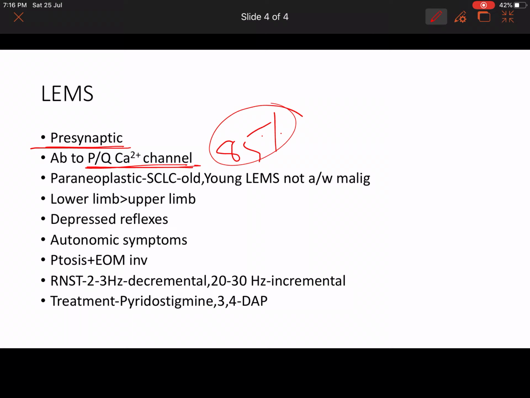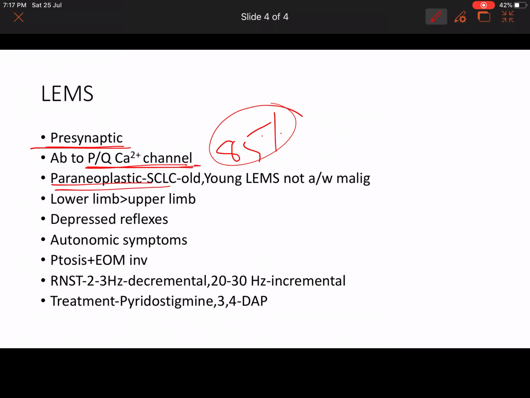Just like I told you in the previous discussion of myasthenia gravis, antibody against the acetylcholine receptor is present in 85% of the patients with generalized myasthenia. Similarly, in Lambert Eaton myasthenic syndrome, 85% will have antibodies against the PQ type of calcium channels, and they are